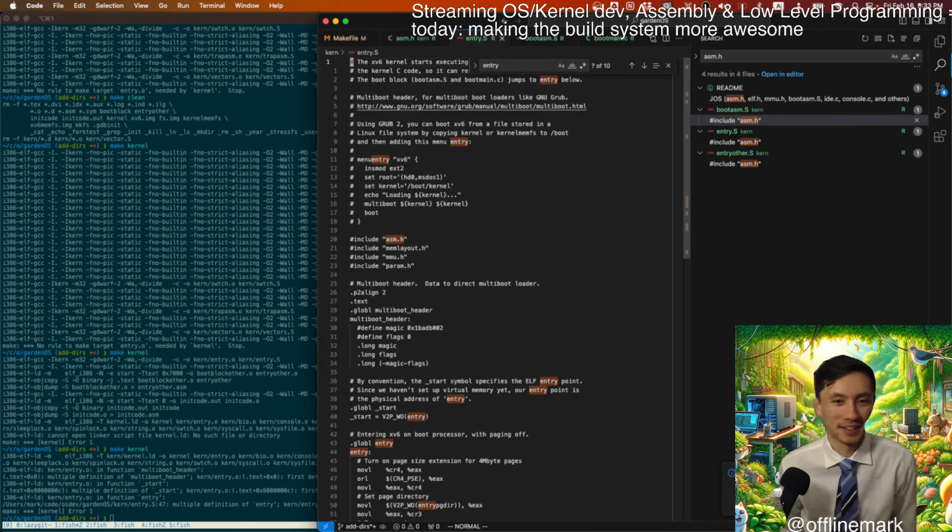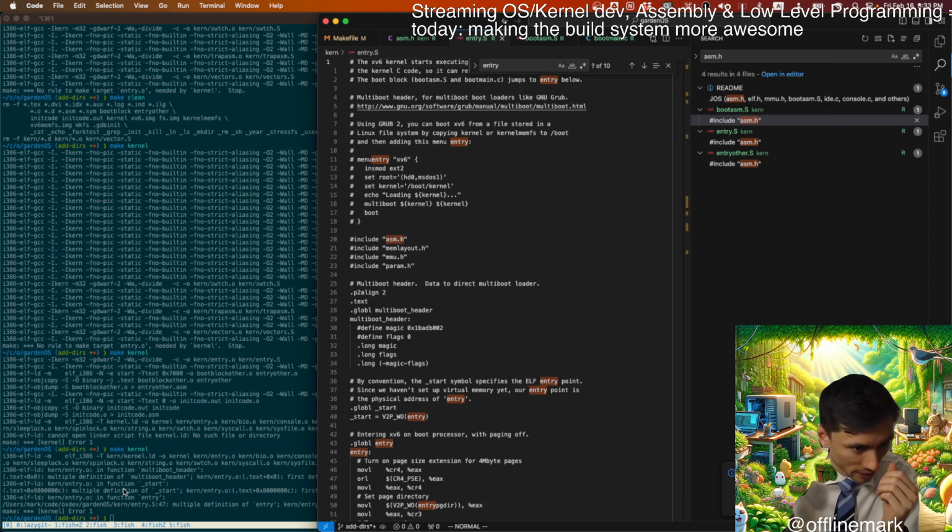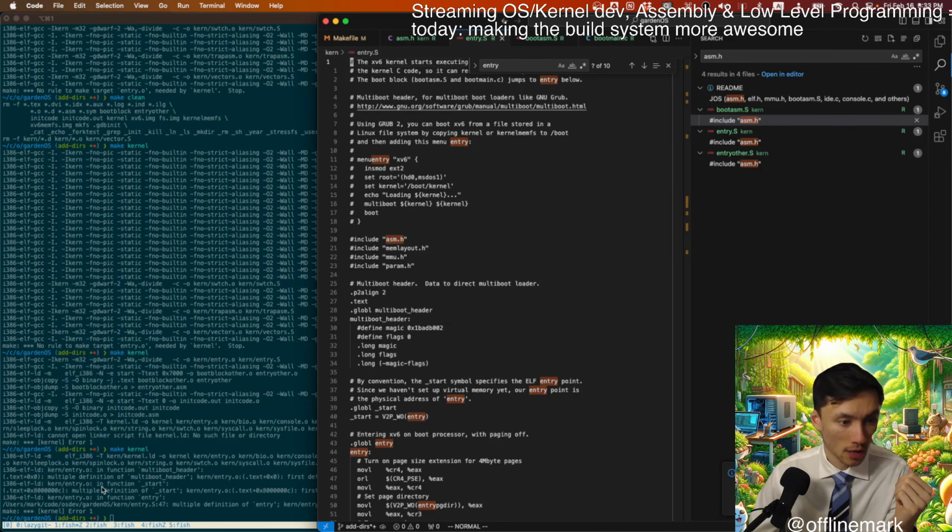All right, another good break. So something is going on here. Multiple definitions of the multi-boot header, multiple definitions of the start symbol.